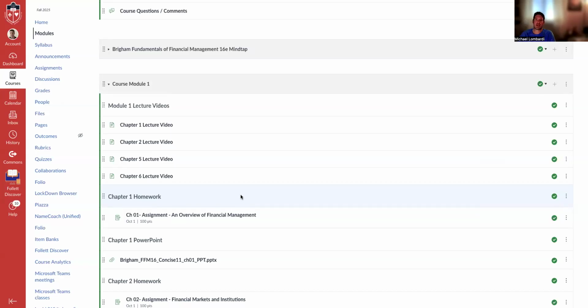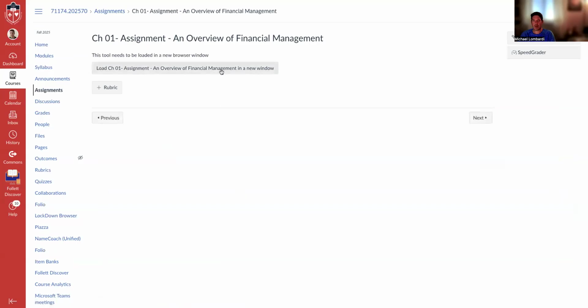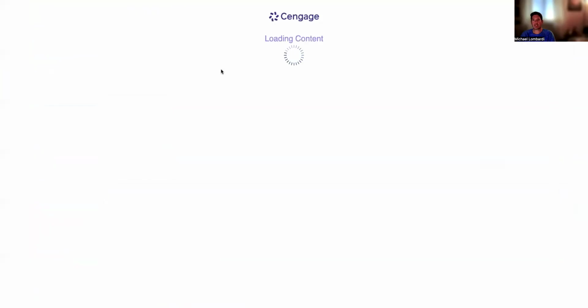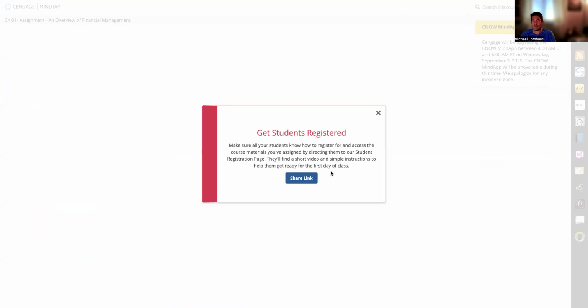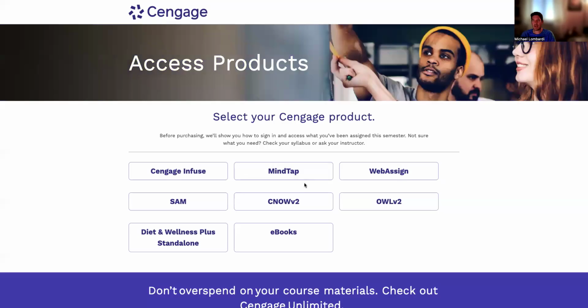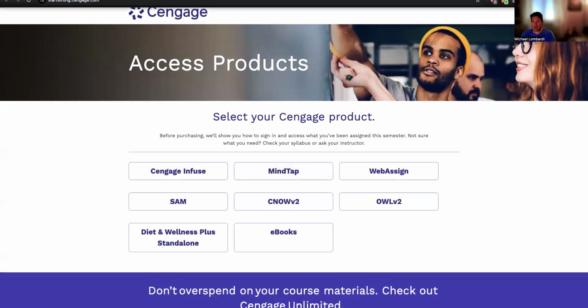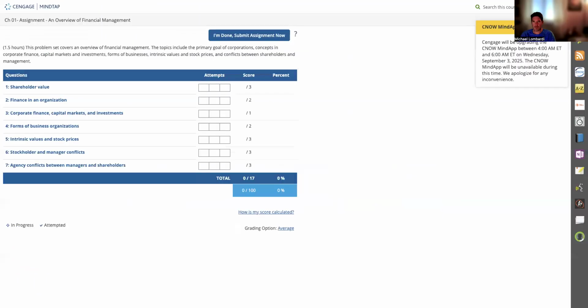So what I would recommend is click one of the assignments. So if we click chapter 1 right here, you can click load in a new window. Just make sure you don't have any pop-up blockers or anything stopping this. It's going to launch us right into Cengage. Now we're in instructor mode right now, but when you do this for the first time, it's going to tell you to register for Cengage. So also see this right here, get students registered and share the link. I will share this link shortly, and that one will be posted right to